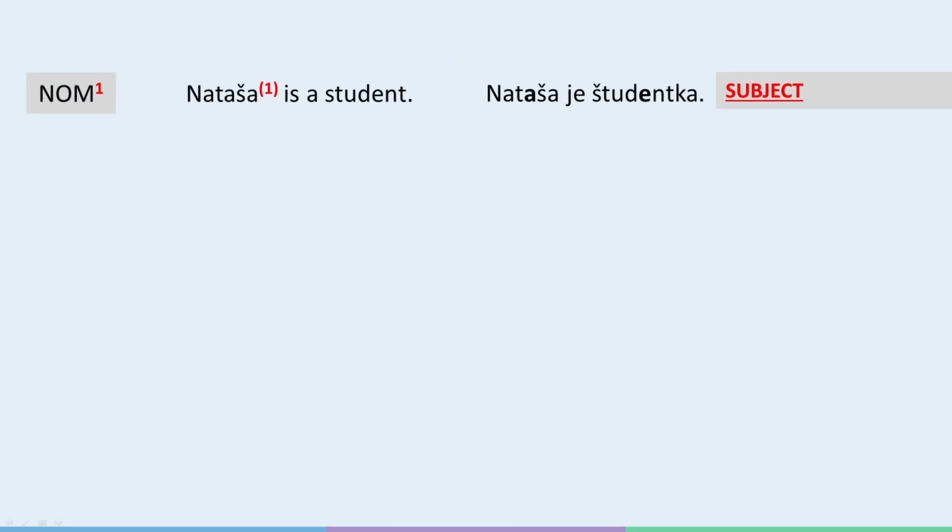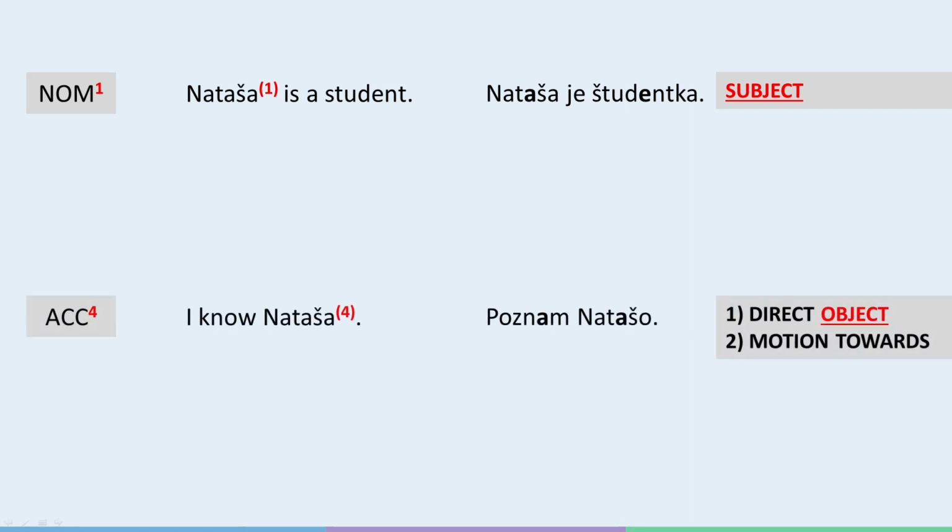The nominative is used to mark the subject of the sentence, that is, the person or thing doing the verb or doing something. It's the basic dictionary form of a noun. The second most important case is arguably case number 4, or the accusative, as it's used to mark the object of the sentence, that is, the person or thing having something done to them. It's also used to describe motion towards something or direction.